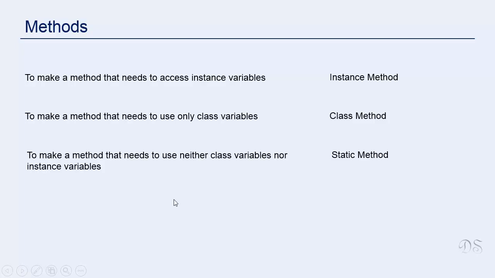A static method is just like a regular function, but it belongs to the class namespace. We know that the definition of a class defines a separate namespace. And when you want to group functionalities under the class namespace, you can create static methods. Static methods are like normal functions.